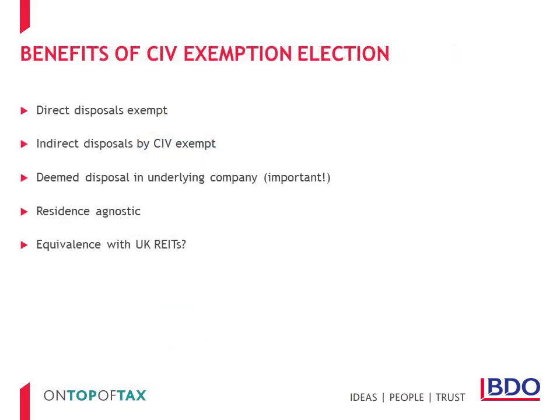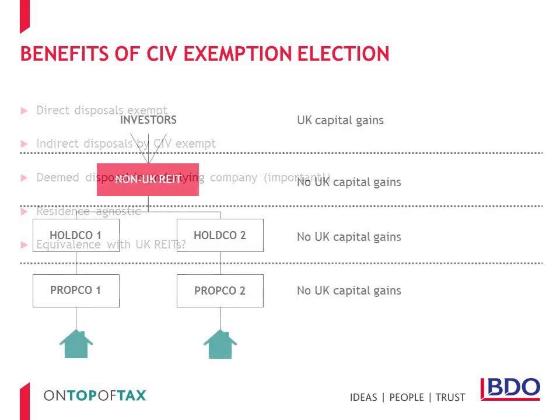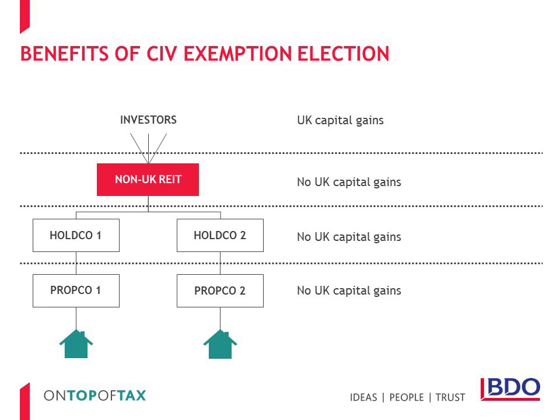The benefits of electing into the exemption regime are that direct property disposals and disposal of shares within an elected fund are exempt from UK capital gains taxation. In the diagram shown, this would mean that, for example, any disposal by or in a propco or a disposal of a holdco would be exempt from UK tax. Furthermore, in most cases, where a propco is sold, real estate held by that propco is rebased. The practical impact of this is that any capital profit within that propco disappears for tax purposes. This potentially makes CIV propcos attractive to purchasers.